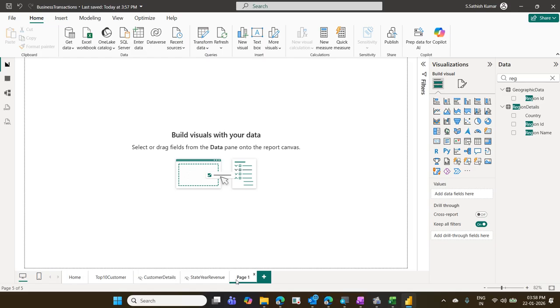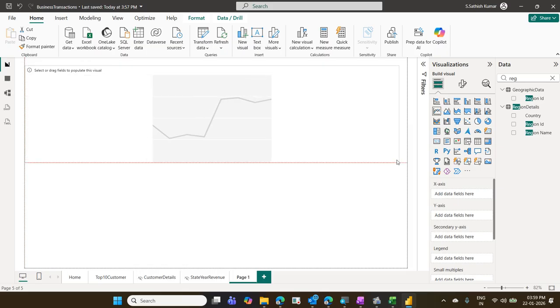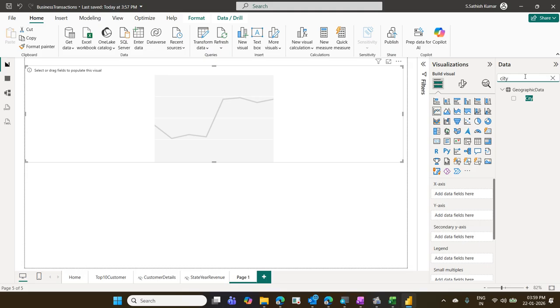Let us create a new visual, maybe a line chart. We are going to create a line chart. So let me click on this line chart. On the new page, I am inserting a line chart. Let us create a line chart, maybe city wise. Let me take city name. As of now, we didn't use city. Drag the city into the x-axis. Once again, the total revenue,